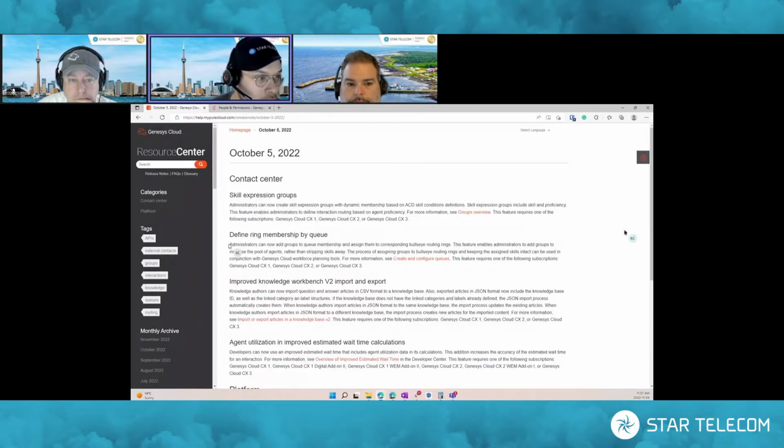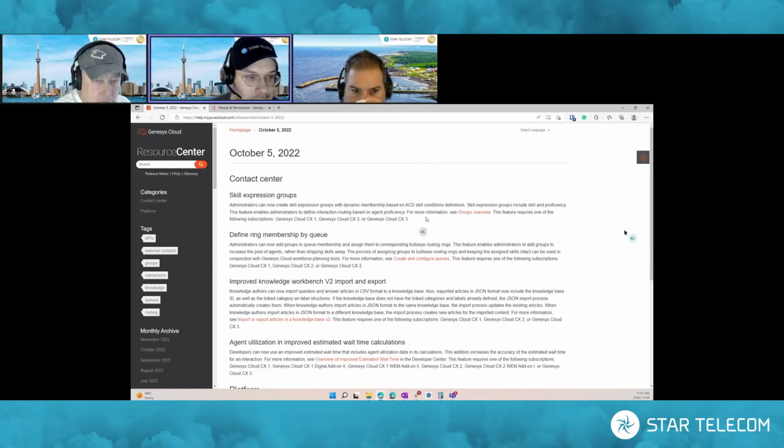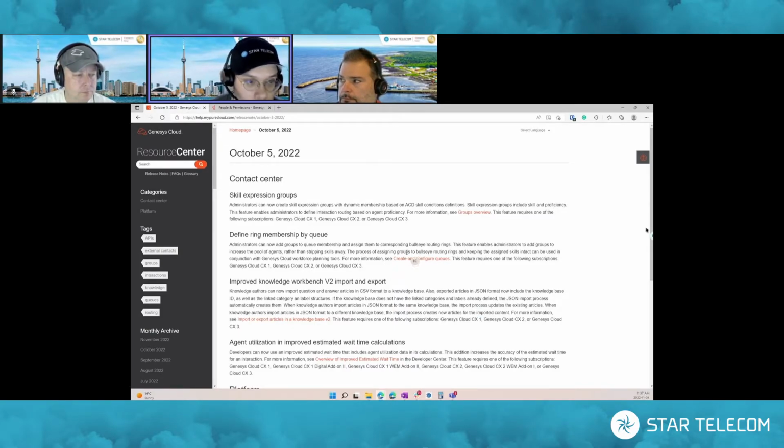So the next feature release here is define ring membership by queue. This relates to what we just talked about, but if you're using bullseye routing, you can assign groups to, let's say, ring 1 or ring 2. And then if an agent is part of that particular group, or you add people to that group, or even if we take advantage over here, skills,